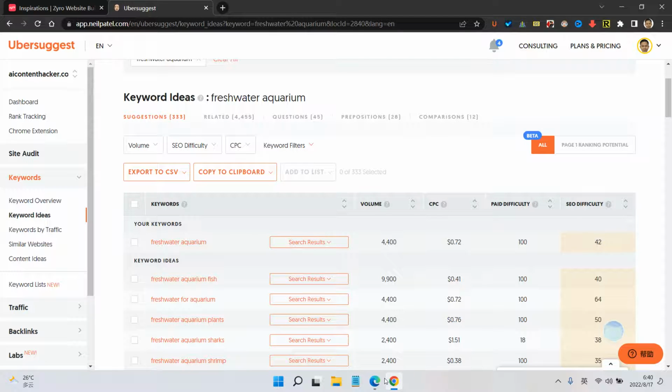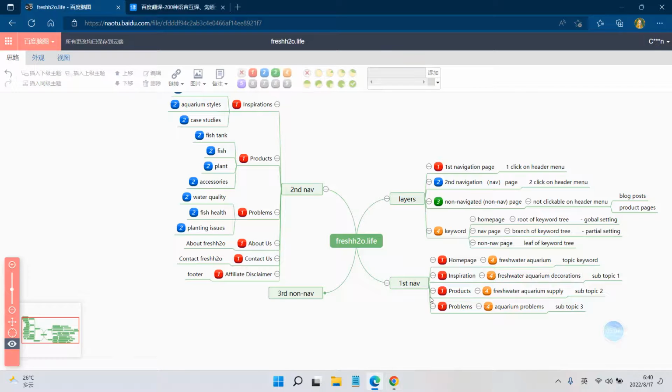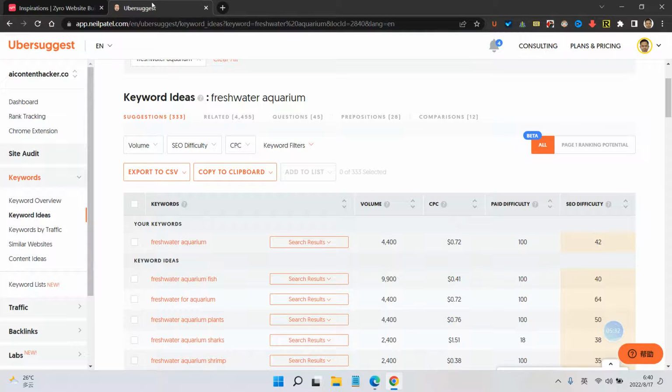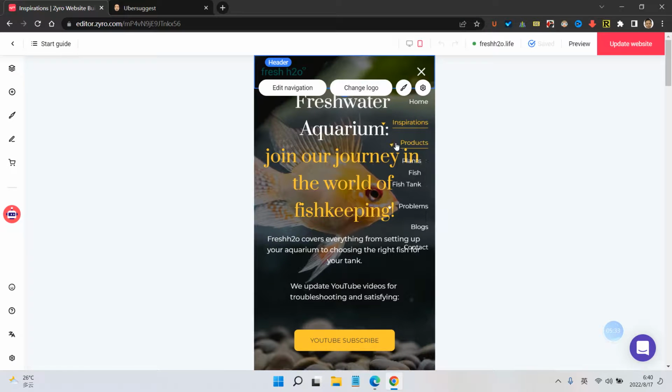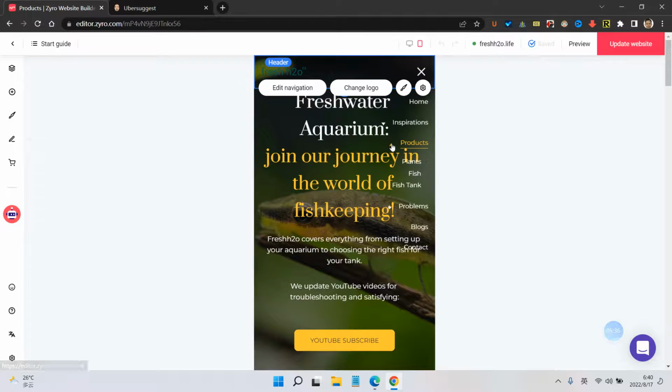Right here, we can see them in the global setting. There will be freshwater aquarium, and the second layer here, the navigation page, two clicks on the header menu, like here, two clicks, maybe,